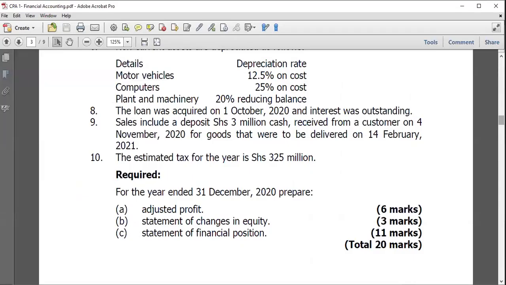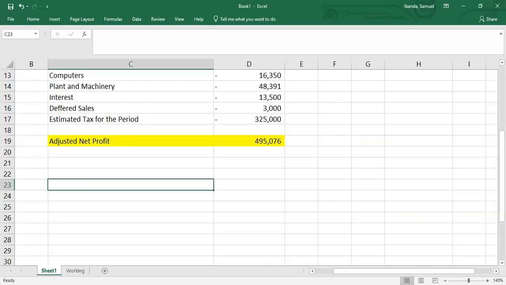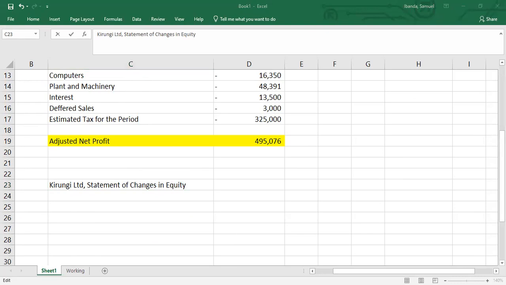Remember, this is Kilonge Limited. So you give it your heading: Kilonge Limited, statement of changes in equity. Now, this is for the year ended 31st December